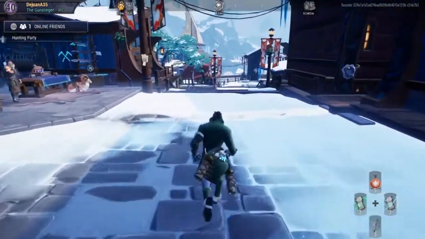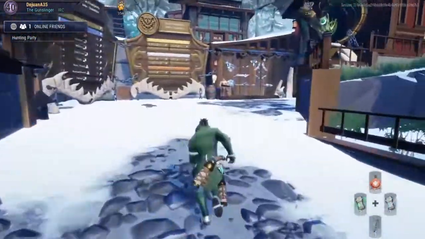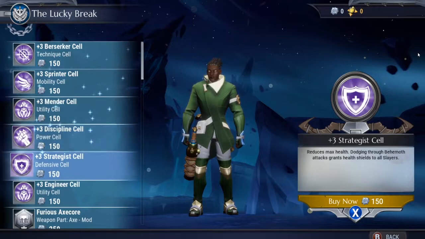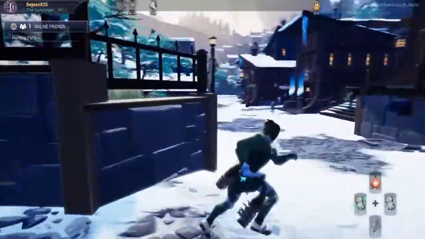Now, I do want to show you guys where to get these actual cells, as far as the strategic cell. If you walk over here to Lady Luck, here she is right here. Go to her store, and it is right here. Reduce max health, dodging through behemoth attacks, grants health shields to all Slayers. You want to use 300 of your coins